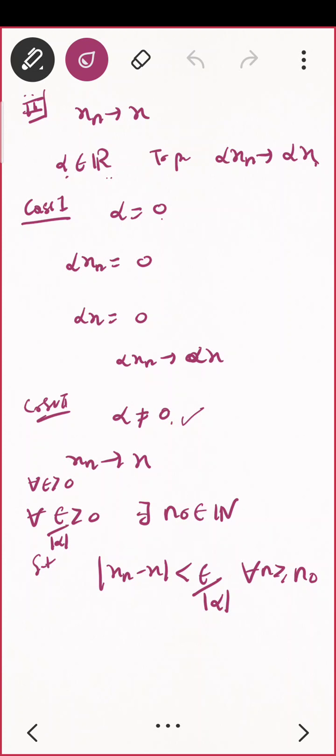So how did I start? Since alpha was a real number, I started with: suppose alpha is 0, then there is no problem, both the sequences are 0, correct? And the second one, if alpha is non-zero, then I should start with